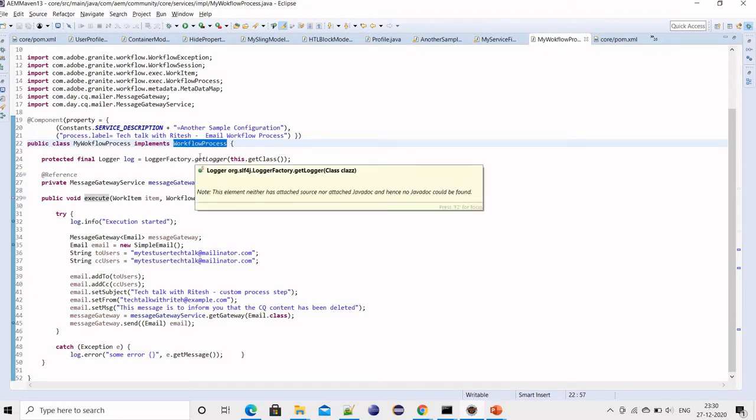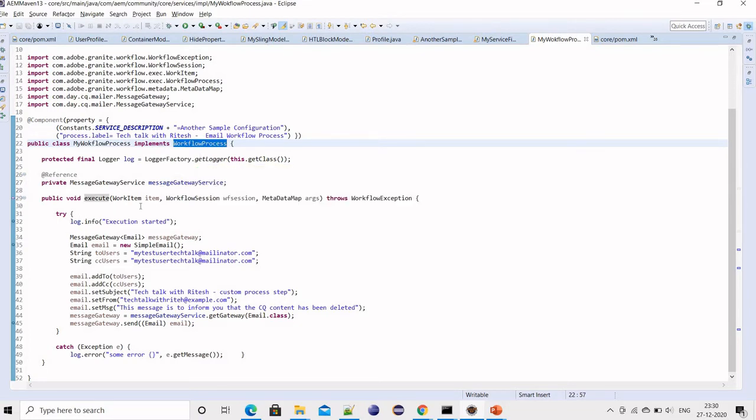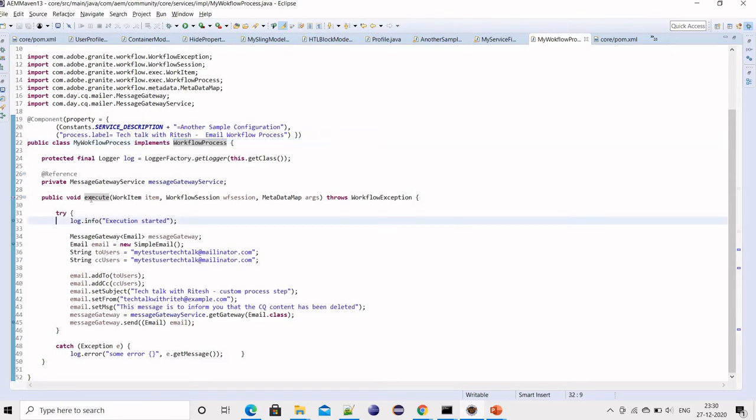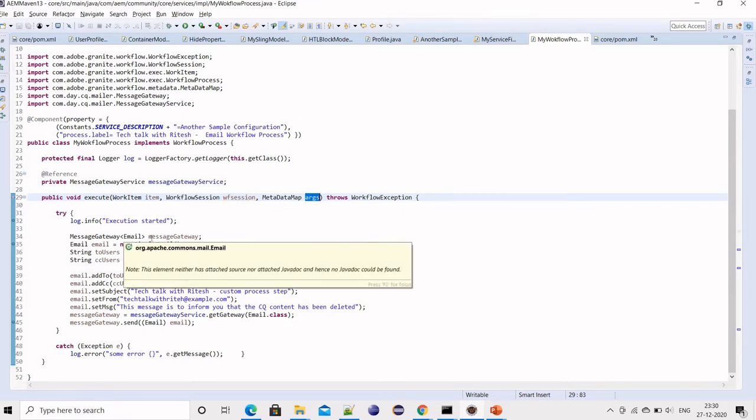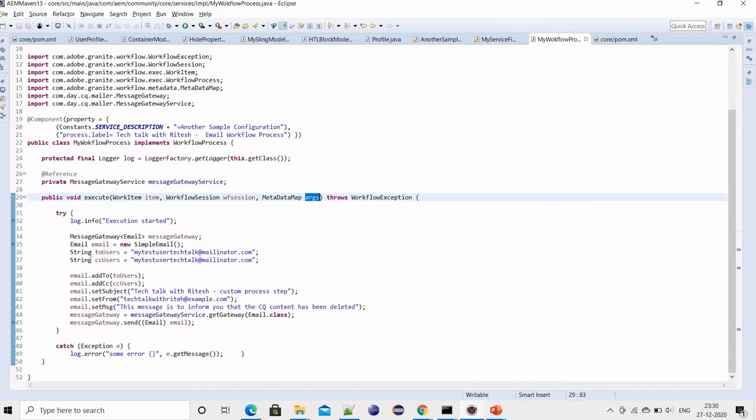Since we are implementing an interface, we need to override a method, and here we have the execute method. Inside the execute method there are three parameters: work item, workflow session, and metadata map. I'm not using all of these here because I'm just sending email to end users, but using these parameters we can do a few things.